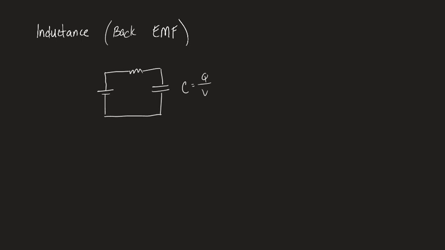From here, we would say that, in a Kirchhoff's loop relationship, the voltage drop across the resistor and the voltage drop across the capacitor would be related to this ratio. So we would say that the voltage drop across the capacitor is equal to Q over C. And that's how we would plug that into our relationships that had